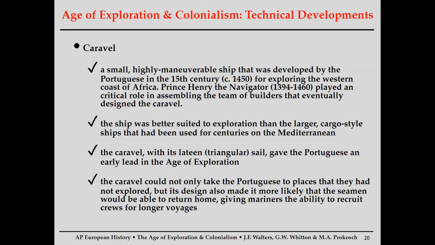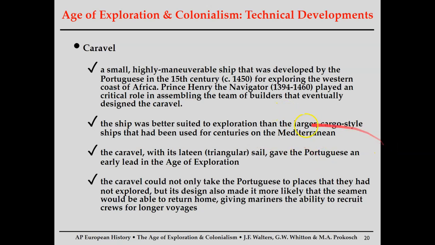So I am not a sailor by any means, but essentially they can use both like front winds, crosswinds, I forget the exact terms for them. They don't have to worry too much about the wind patterns. The triangular sail allows them to use really any wind pattern to go in the direction they want to.